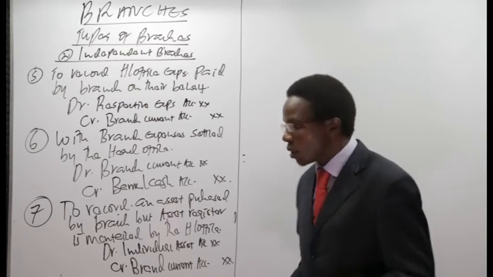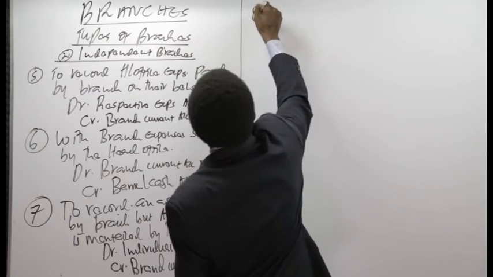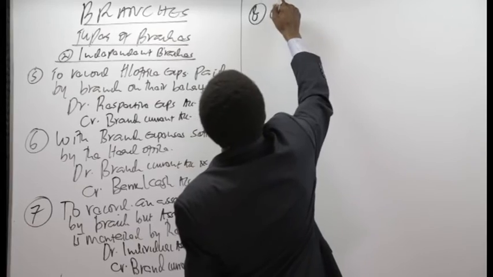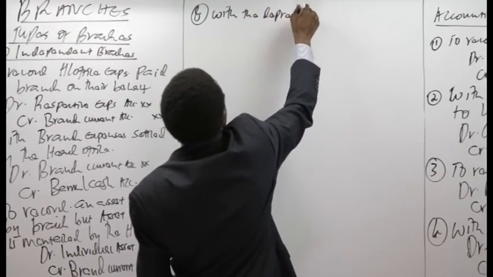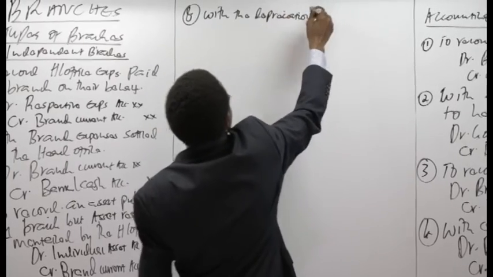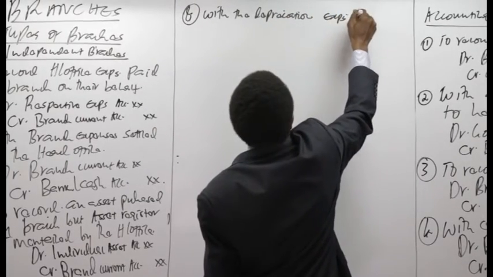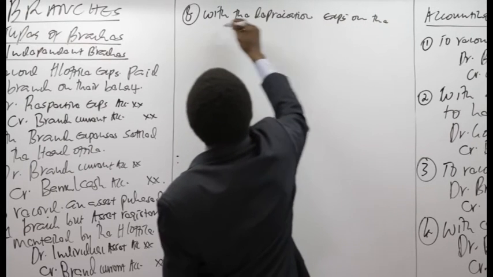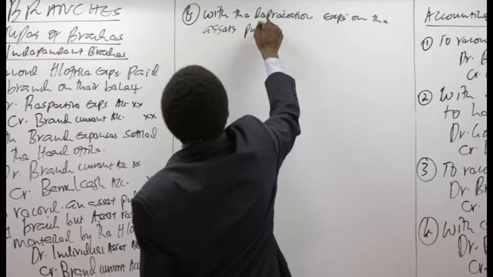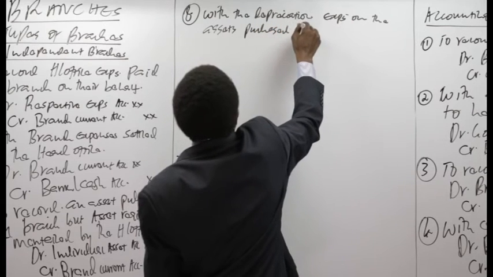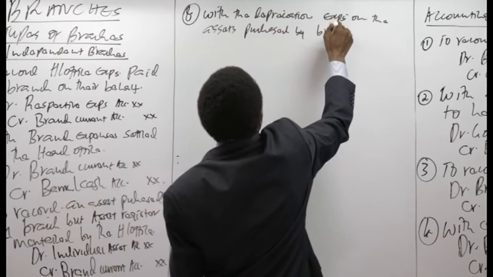So what do we do? So we come and say 8. With the depreciation on the asset purchased by branch,